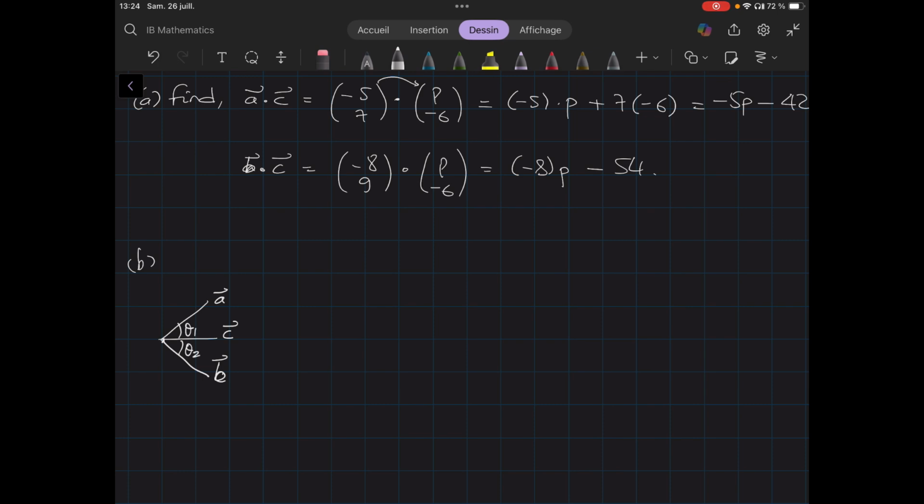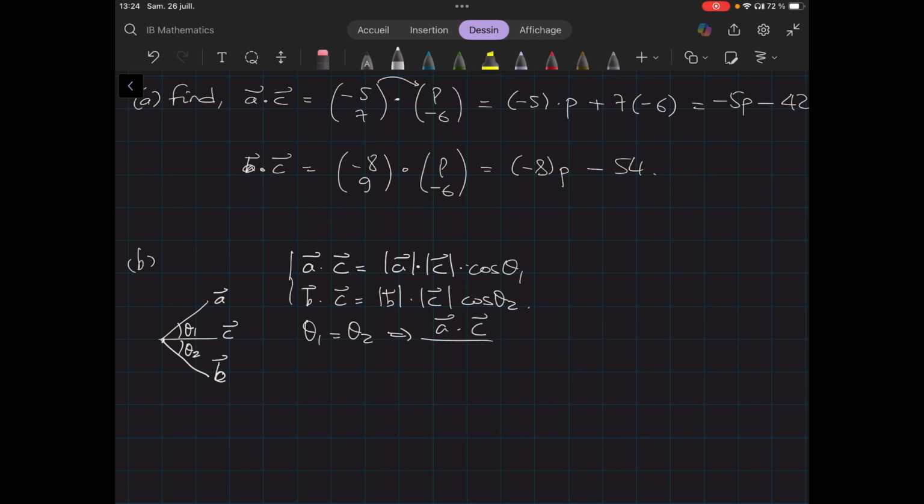To solve this question, we'll then go back to the definition of the dot product. So A dot C is equal to the magnitude of A times the magnitude of C times cos of theta 1. Similarly, B dot C is equal to magnitude of B, magnitude of C, cos of theta 2. The two thetas are equal. Therefore,